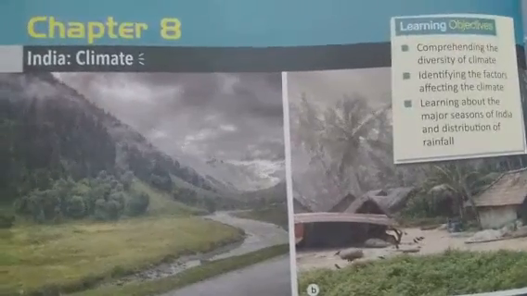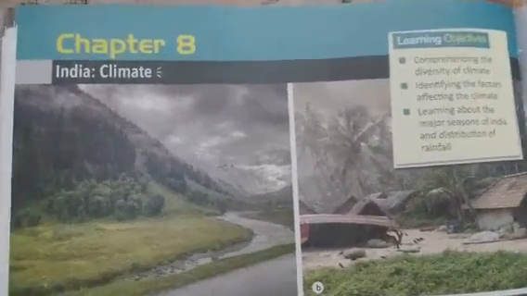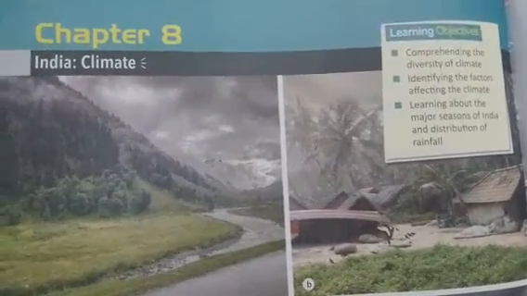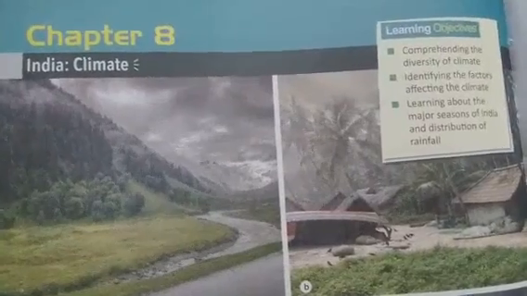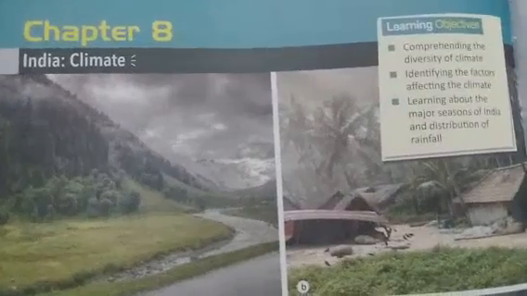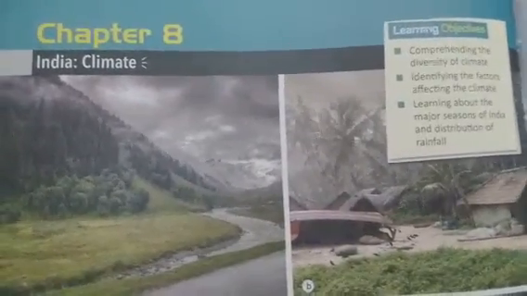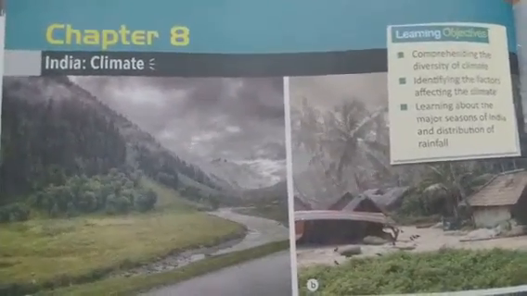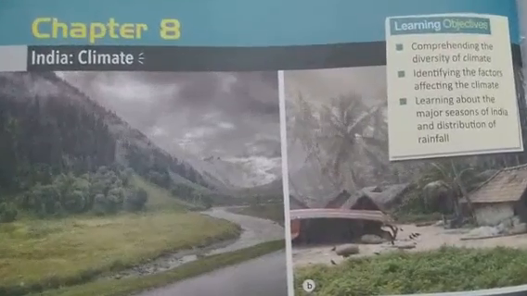And you know that India is a large country having a wide diversity of physical features. There are mountains, plateaus, plains, and deserts too. So the climatic conditions also vary from one region to another. While some places in India are close to the oceans, others are far away. Now look at the table